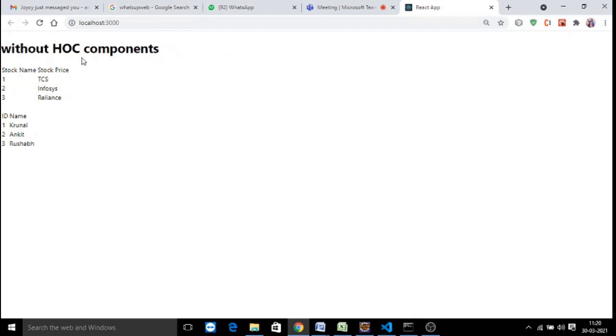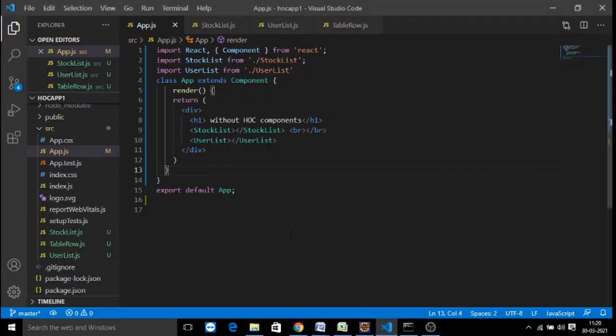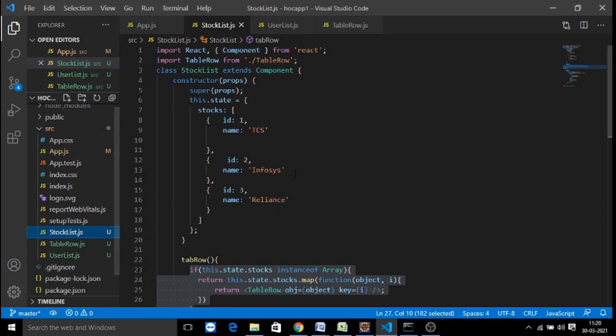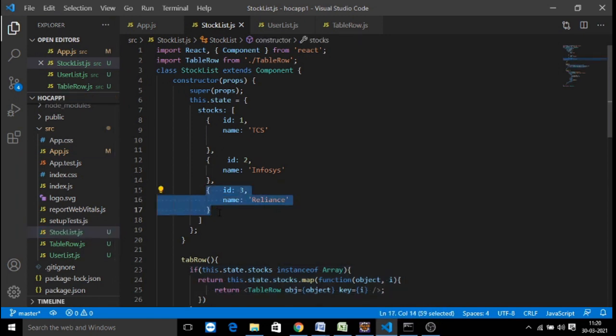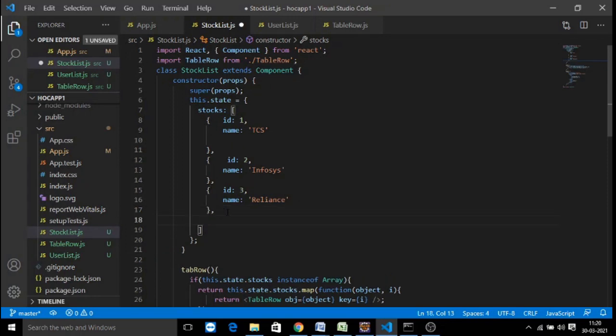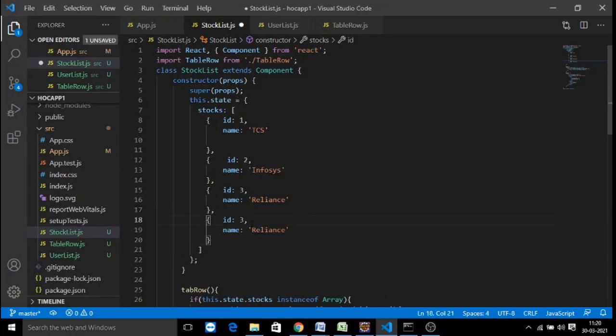This is without a higher order component. We are able to display the stock details and also the user details. It's a simple implementation of a display of your user details and also the stock details. Let's say I have used another stock here.